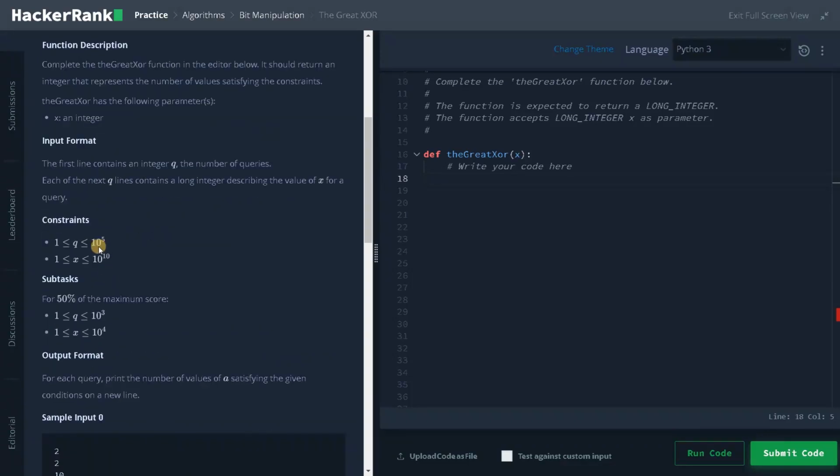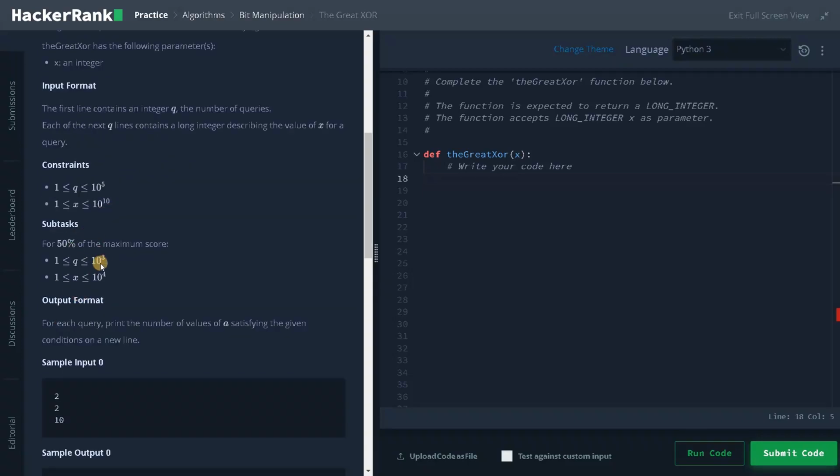And let's see the constraints. In the constraints also we have a pretty big number. We have 10 to the power of 5 queries, and the range is also much higher, 10 to the power of 10. Even if you apply brute force, it will take a longer time. That's why they have mentioned some subtasks. If you go for the brute force approach, we can only solve 50% of the test cases. So we definitely have to figure out some kind of pattern, and again we have to go for a simple logic. For brute force, this is the test case limit, until this only it will satisfy. We are going to go for the optimal one, so we don't need to worry about these constraints.